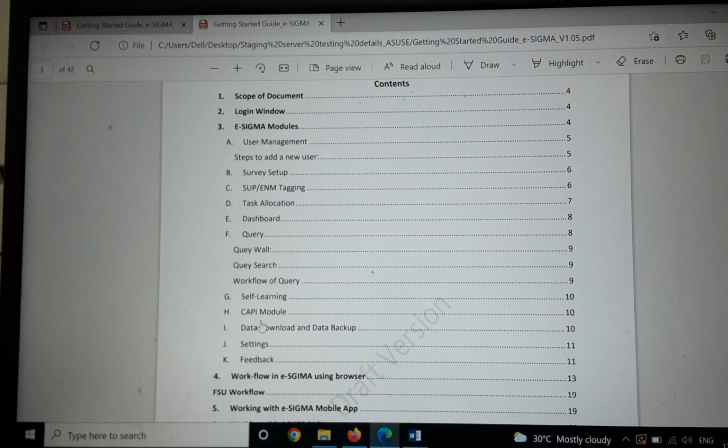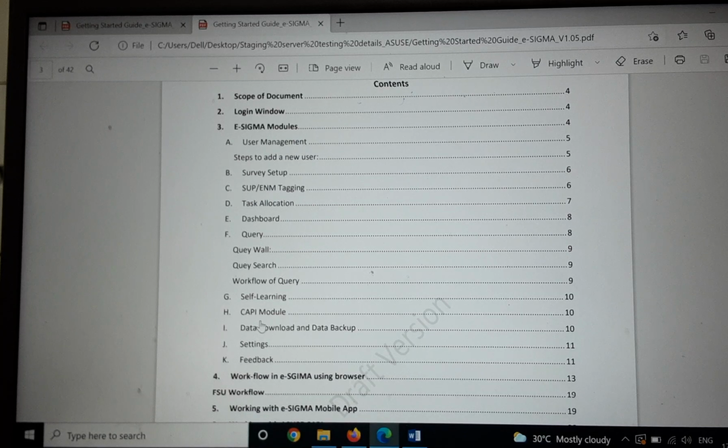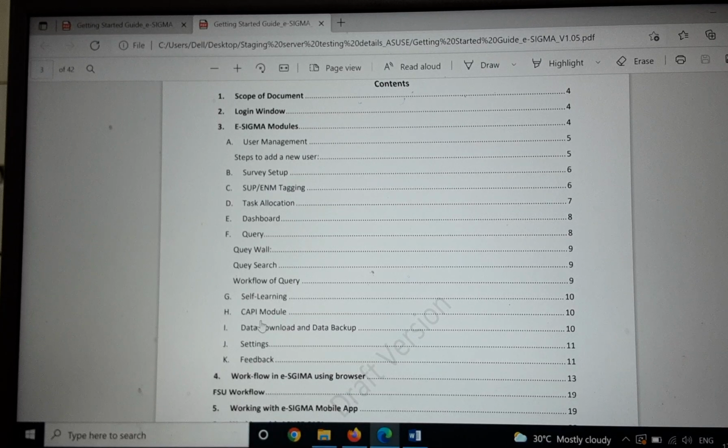Also, in tablet or CAPI version, selection of establishment in LSU page is automatic, whereas in the desktop version selection of establishments is manual. These are the only two differences between both of these applications. Rest of the process of canvassing the schedule, submission to the supervisor, from supervisor to DPD users, the entire process in both of these applications is same.